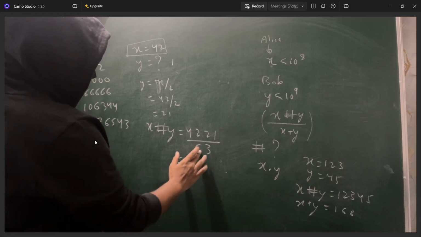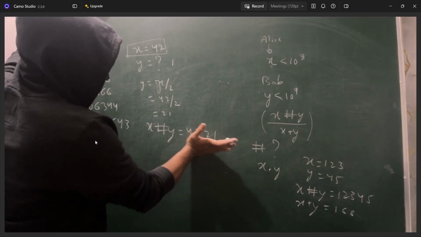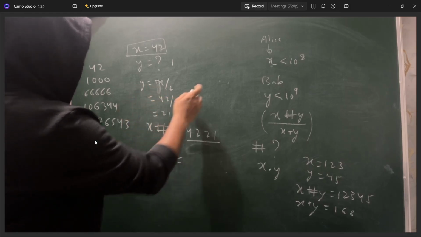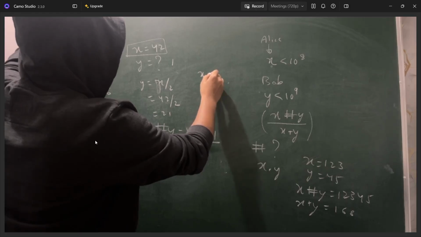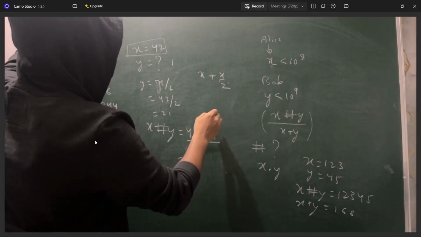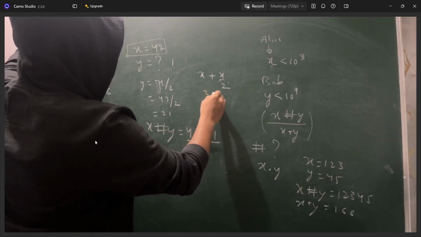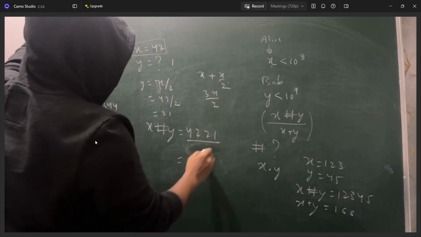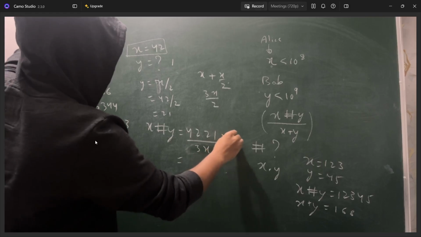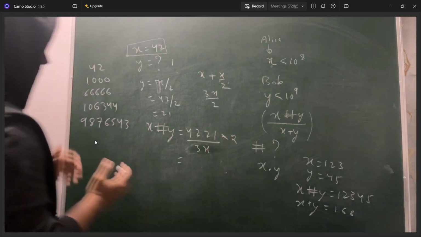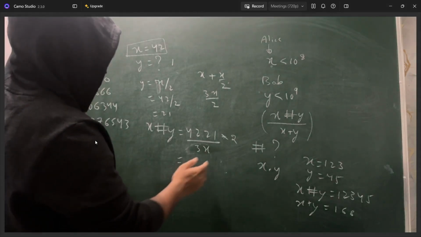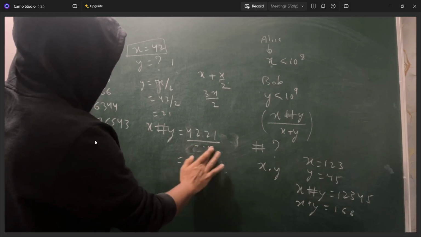Right, this 63 you can write in the form of, since you're taking y as x by 2, so that what you're doing is basically x in the denominator, you're doing x into x by 2, right? So it's like 3 times x by 2 you're doing. So here you can write 3x, and upward will go as 2. So in this way you can write, or else don't take to the upward. What you can do is,